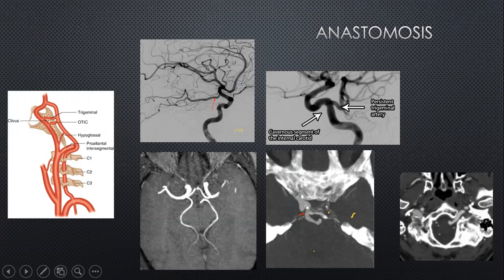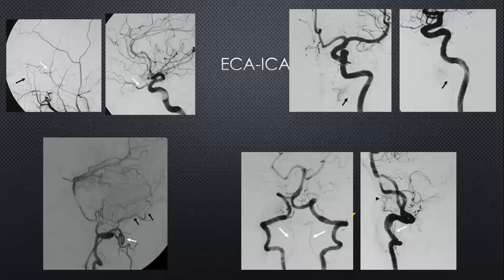And this is a much rarer example. We have seen this before, where there is an established communication between the vertebral artery and the carotid artery. And this is the hypoglossal artery through the hypoglossal canal. I mean, these are very, very uncommon. PCOM, of course, is common. Persistent trigeminal, not so uncommon, but this is very rare. But what is much more relevant and much more important in our day-to-day life, especially for someone who's practicing